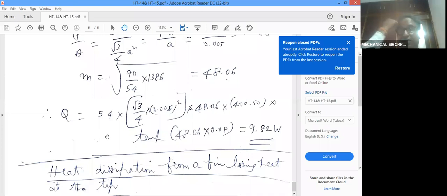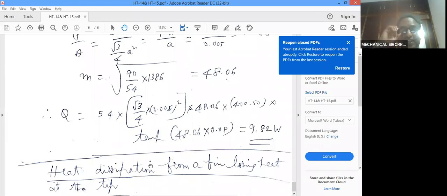Okay? Like that, we have solved these problems on pins. You may get derivations as well as problems on the pins. All of you, take care about the derivations and problems. All of you practice the problems. All of you practice the derivations. If you practice, then only it becomes easy. Okay, right? So that's all for today.